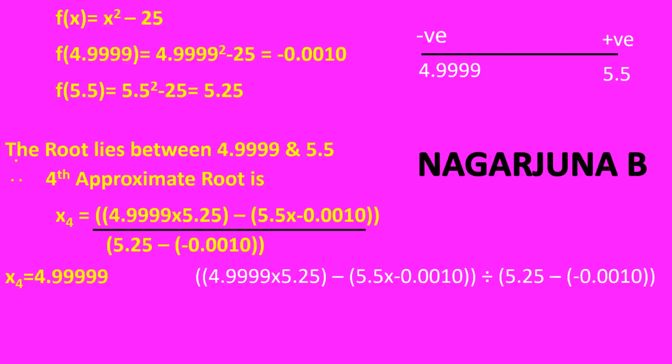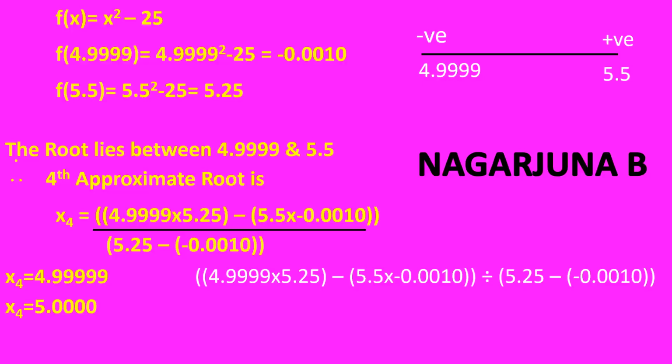It will become 10, 1 carry. Again we add 1 to the previous digit. Again 10, we again add that 1 to the previous digit. Again it is a 9, so again it will become 9 plus 1, 10. Again we add 1 to the previous digit. Again 9 plus 1, 10. And again we add that 1 to the next one, that is the 4. Now this 4 becomes 5. Therefore x4 will be equal to 5.0000.